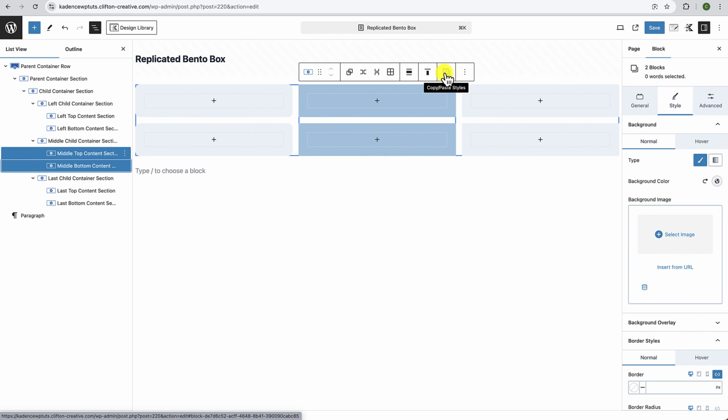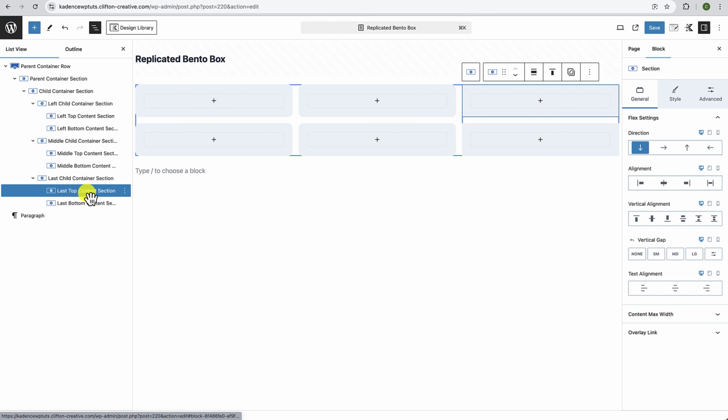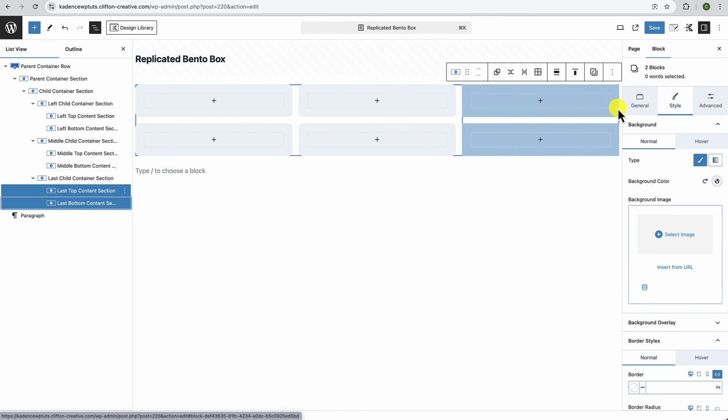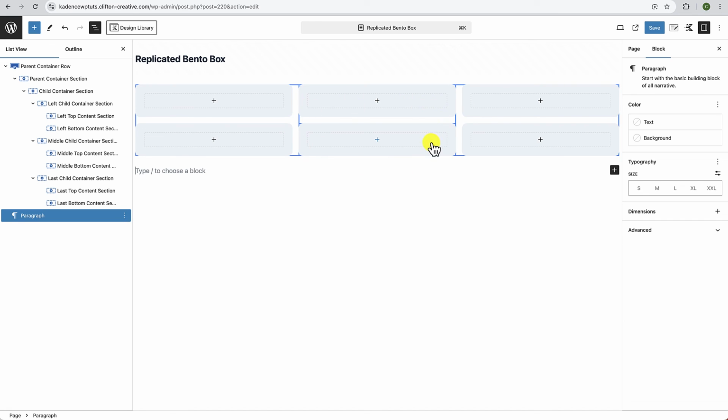Then in the short menu that appears, click on the Copy Paste Styles icon, and then paste that style, and then repeat that for the last child container sections. So now all our styling is applied to the content sections, and now we can go ahead and start adding